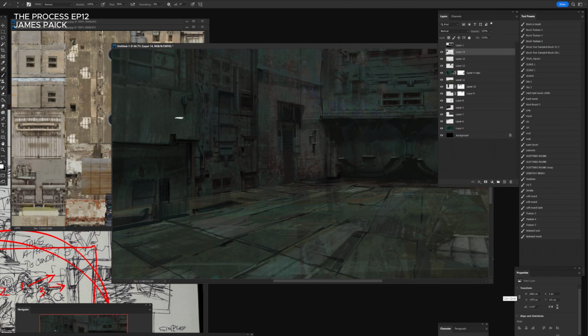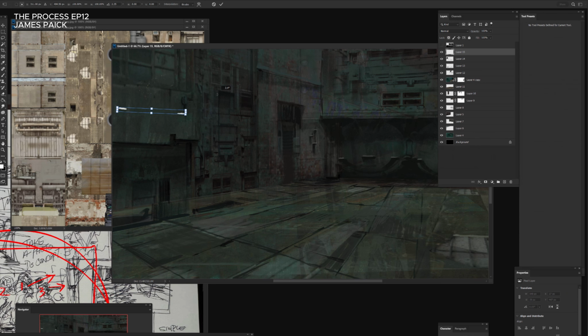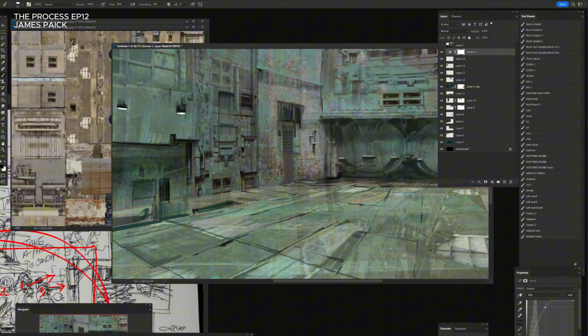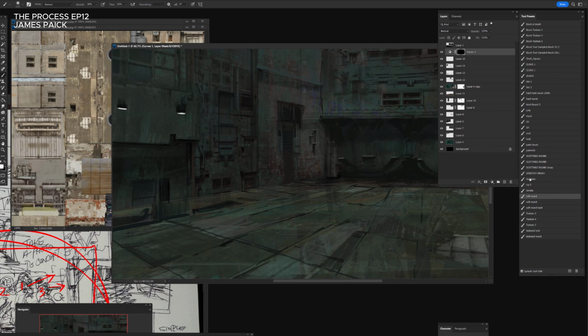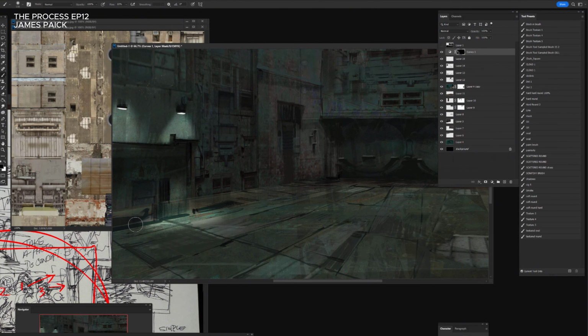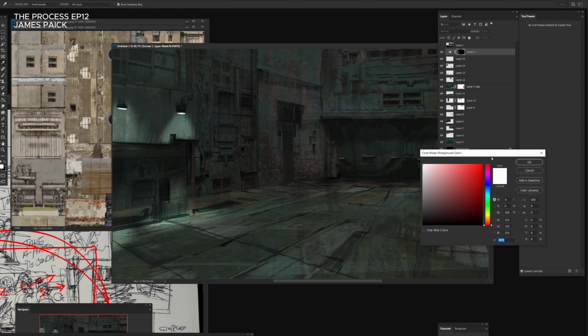All right, a couple of things protruding from walls, couple of conduit boxes and things like that. I don't know when was the last time you guys spent time in a dark, dirty, grungy alley like this, but it's good to do some observation and see what kind of things are in here. Putting some lights around. Now, I like to use the curve layer to paint in this type of light. A little bit of soft flood lamps attached to the wall, maybe spilling some of the light onto the ground